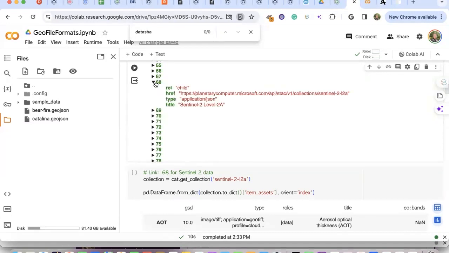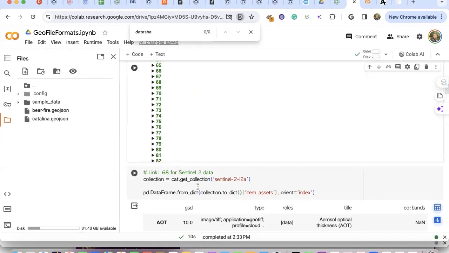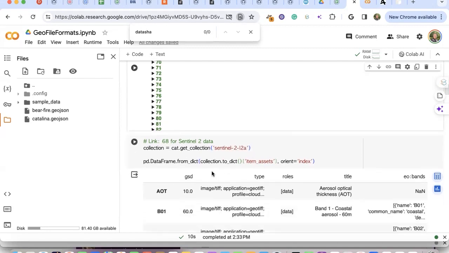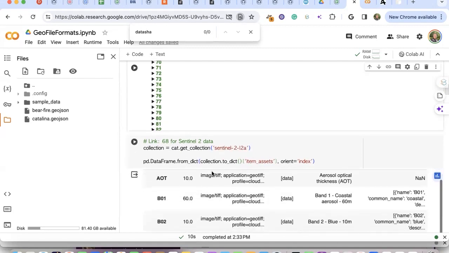68. So the directory 68 has all the information from Sentinel-2, level 2A. And 69 has something else. Further down, I will show you all the other options you can find. So I'm looking for Sentinel. I found it, so it's 68. So I'm going to get the collection for Sentinel, and then I'm going to see what these